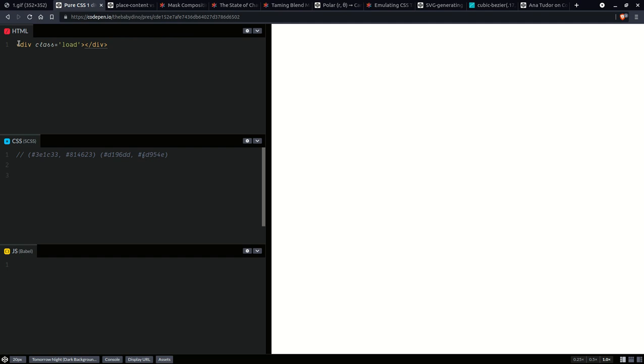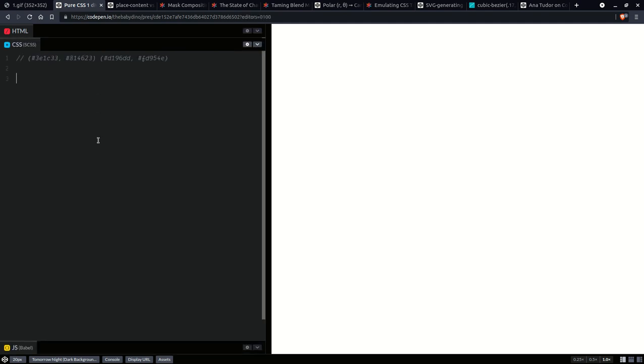Hi, today we'll be coding this loading animation using a single div, pure CSS, and quite a few tricks you may not know. We already have the div right there. We have some of the colors we'll be using in this demo. Let's get started. So our load element, we are going to have a progress that's going to be 35 out